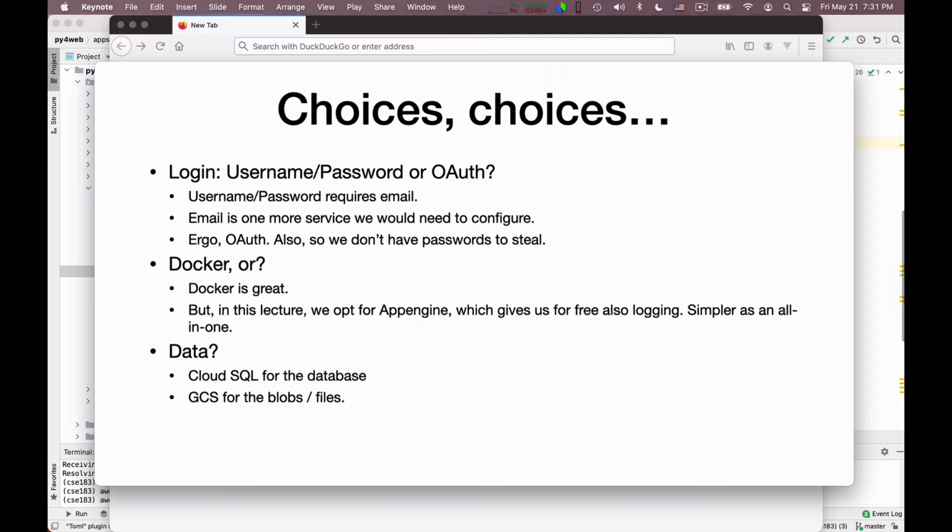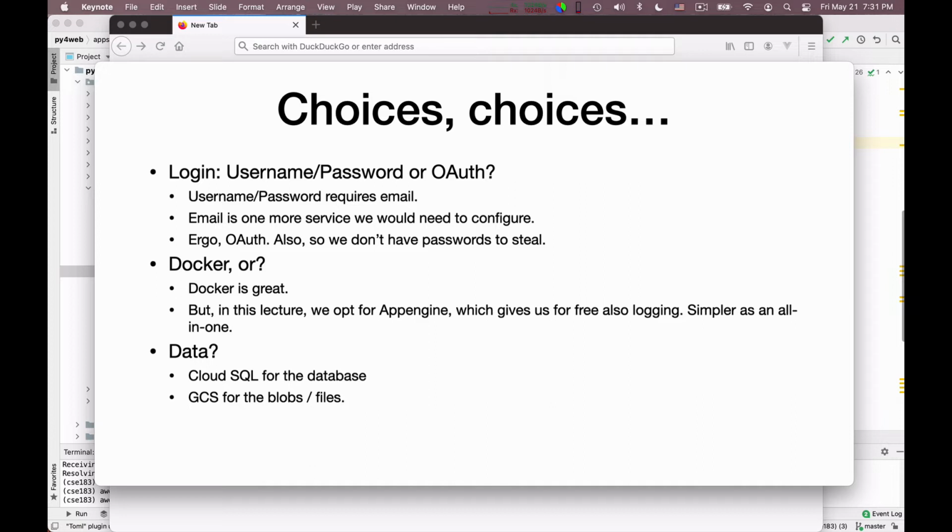So that's going to be the choice. We are going to deploy on Google App Engine, have the database in Google Cloud SQL, and GCS for the blobs and files.